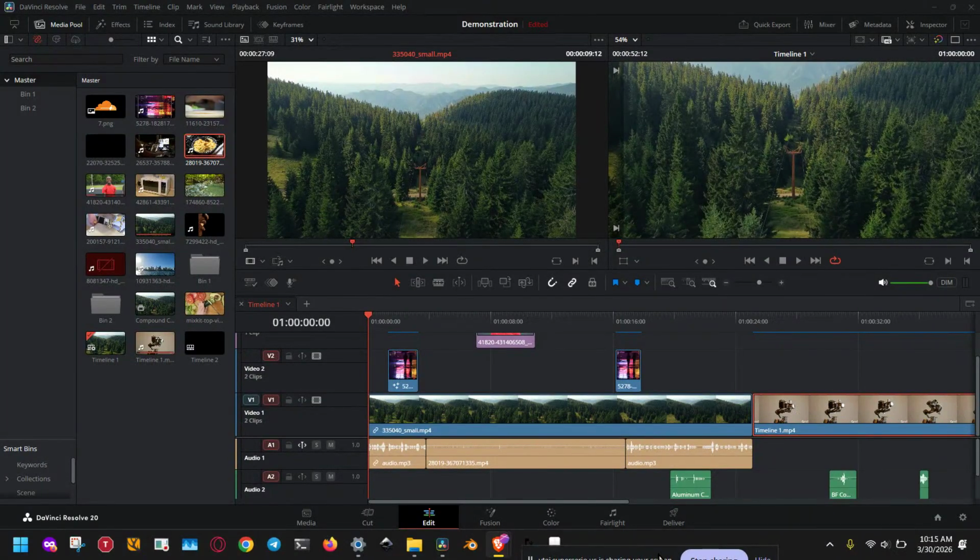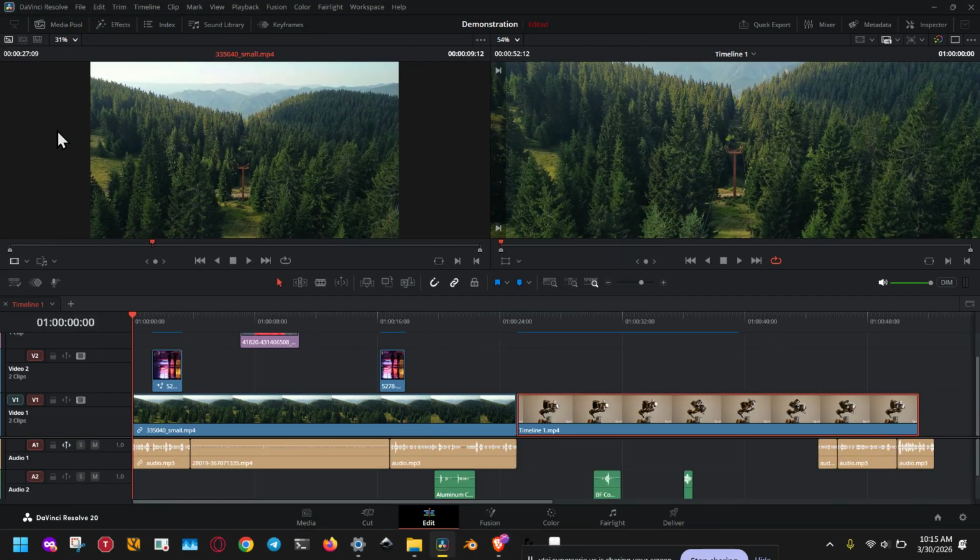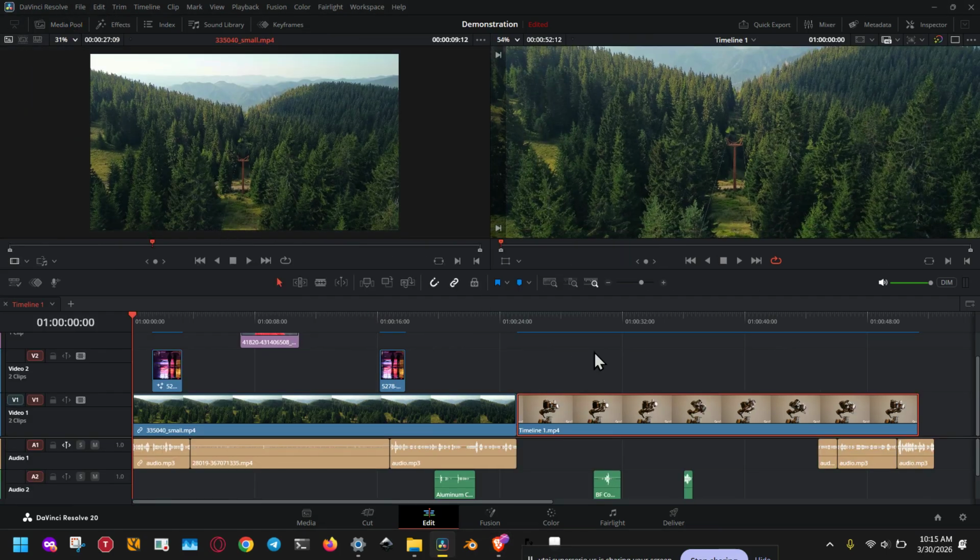If you're editing in DaVinci Resolve 20 and you want to understand the inspector panel, especially the video and audio tabs, this video is going to make everything much easier. By the end, you'll know how to open the inspector, adjust clip properties, clean up audio, and even add keyframes